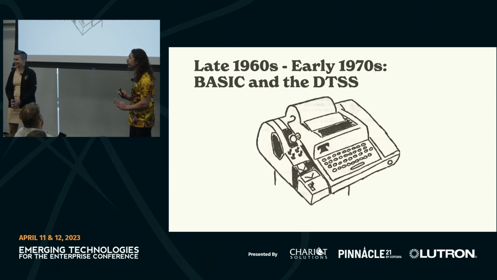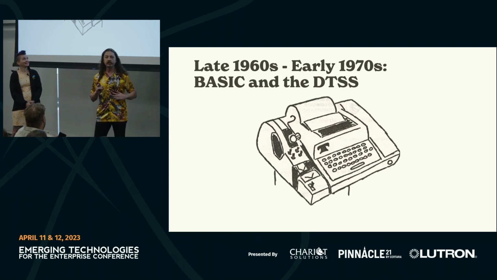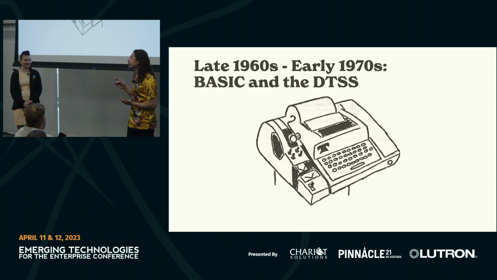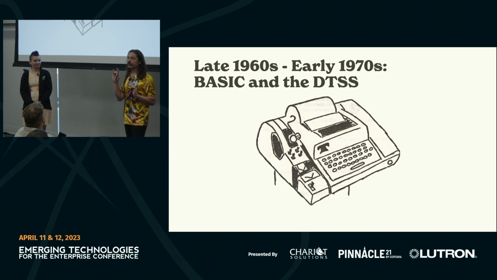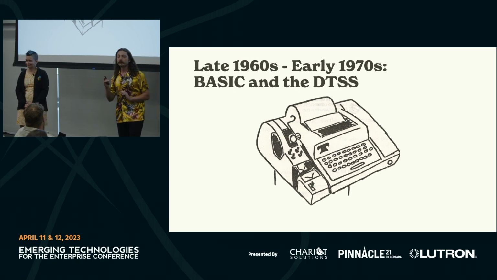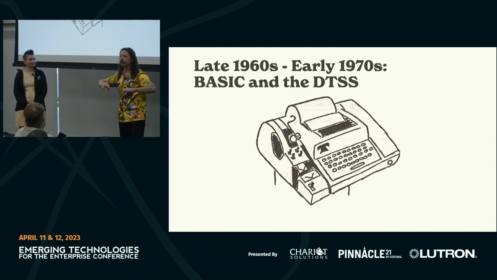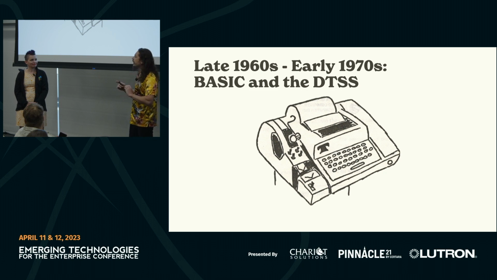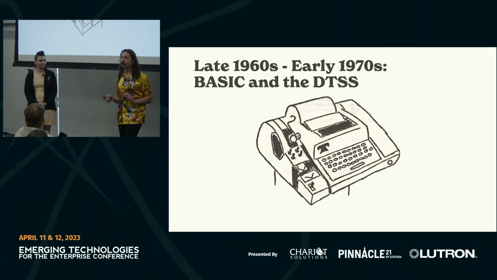But technology moved along quickly. And by the late 1960s, early 1970s, at Dartmouth College, they created what was called the Dartmouth time-sharing system. And the great innovation here was that you didn't have to be in front of the computer. All of these teletype terminals were connected over phone lines to the DTSS, dozens and then hundreds of them, and then other colleges were phone lining in, and it was the time-sharing system, meaning that multiple people could run their programs at once.